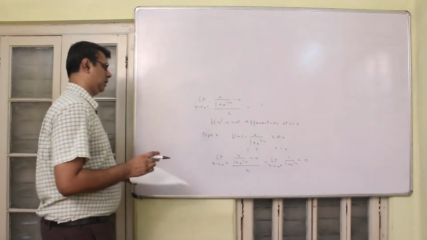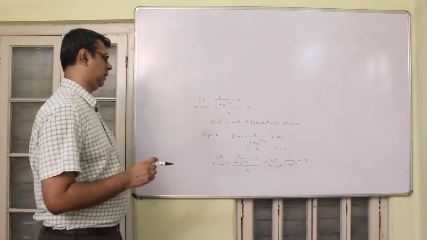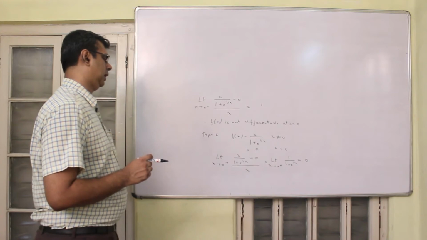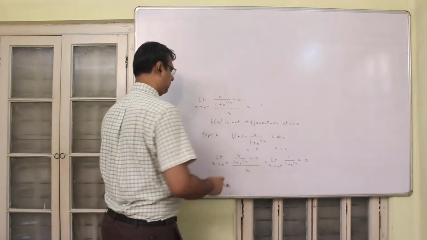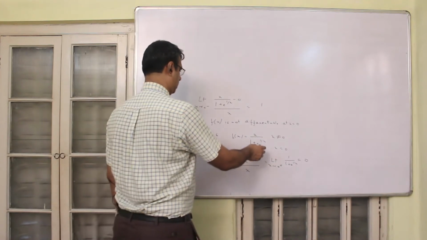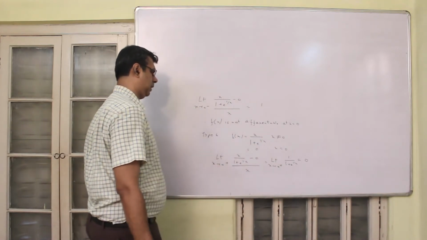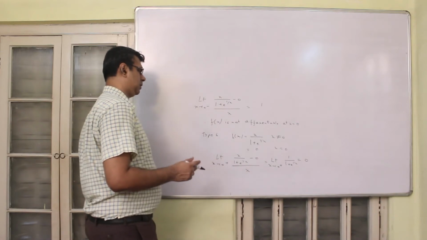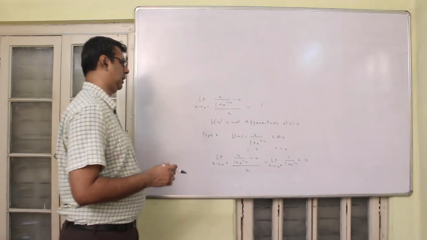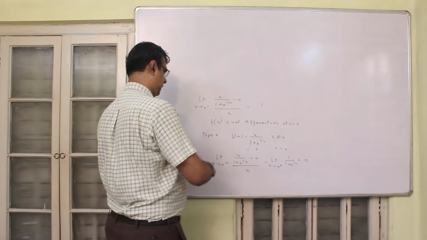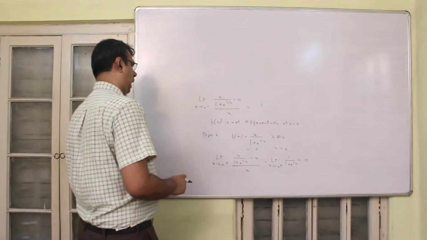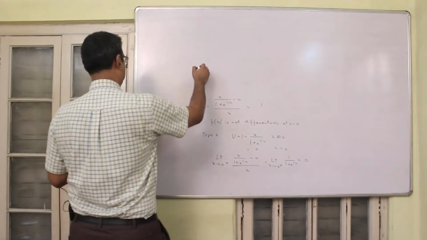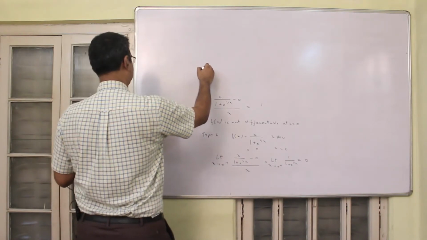Now there is an important thing that has to be understood, that in this particular sum the function has been defined in a piecewise manner. So this is the first part, this is the second part. Because the function has been defined in a piecewise manner, that is the reason why we are checking right hand and left hand derivative. Otherwise, if you look at the question in type 7,